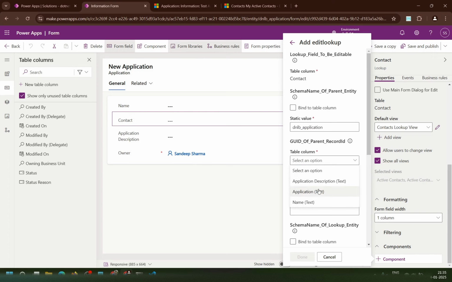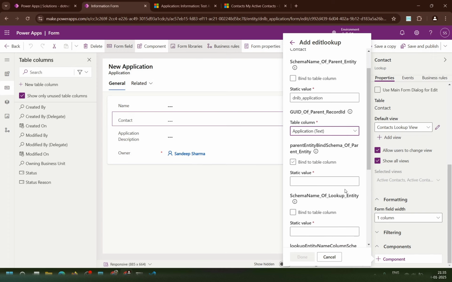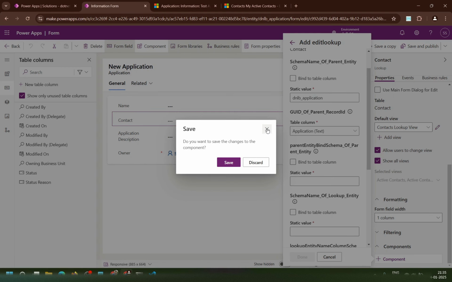Okay, then the GUID of the parent record. So the GUID of the parent record will be under the application table. So we'll select that one. This column of this table will give the record ID, the application record ID. Then the parent bind schema. So from where will we get it? To update this value,